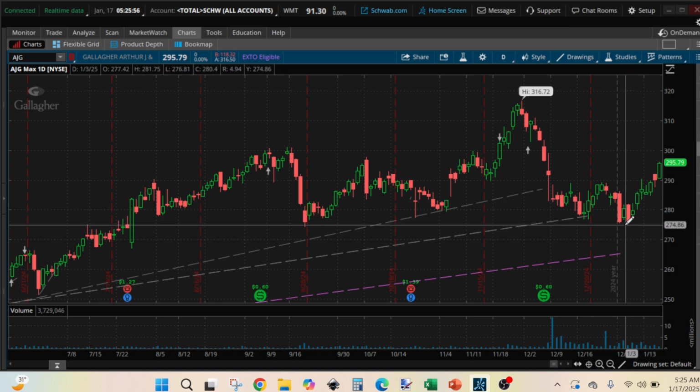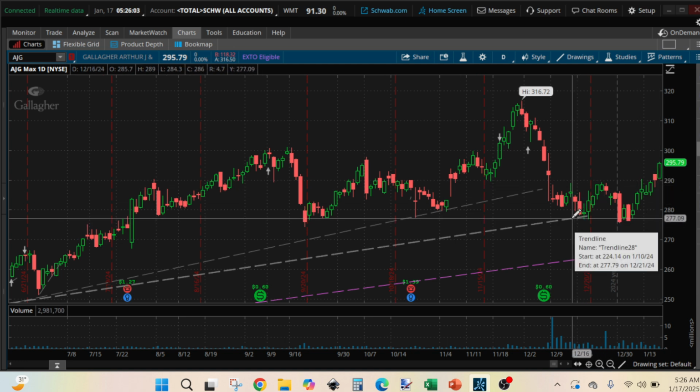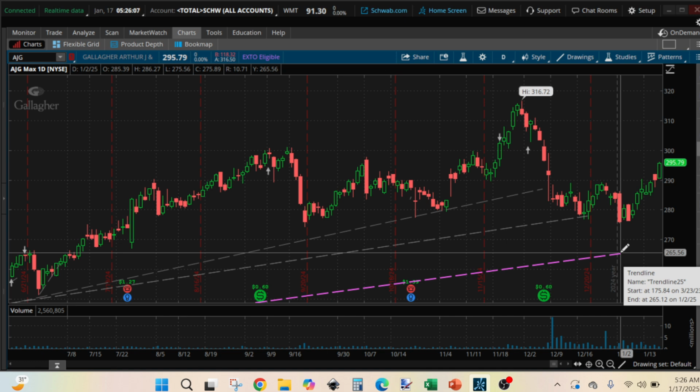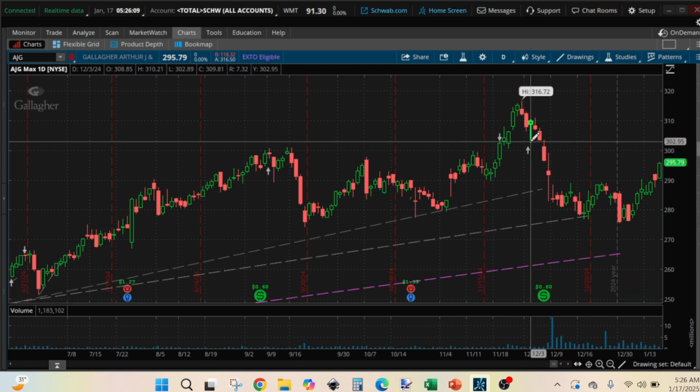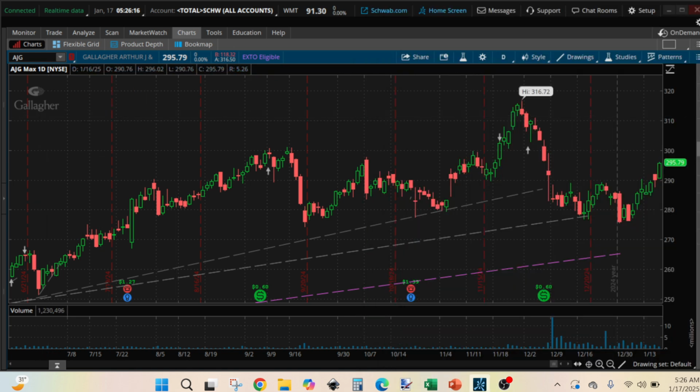So here we do have an uptrend going on, and it still could be this one continuing, but it's far from this trend line, and we are not going to buy it. We are just going to wait until we sell the one we have in our portfolio. AME,